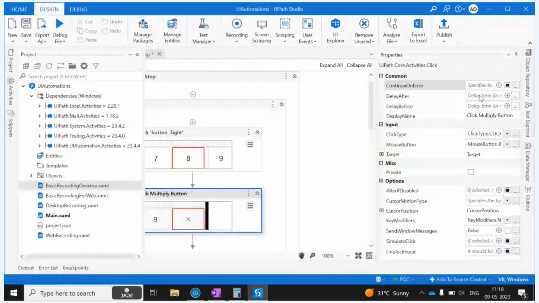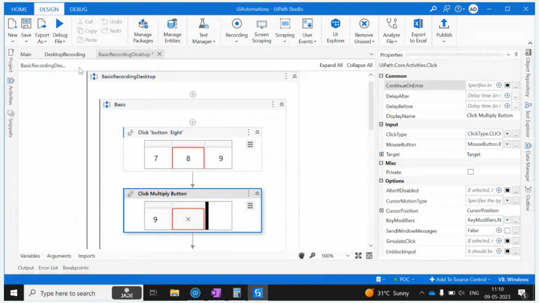You come here, right? Delay time in milliseconds. The default is 300, and the default can be changed